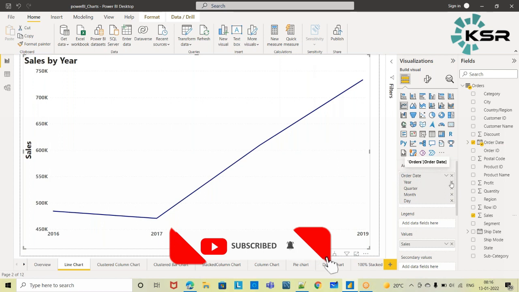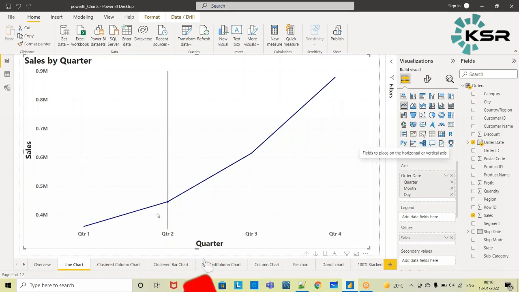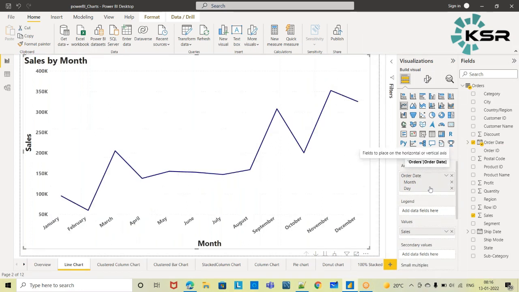seeing, right, order date, if I remove this year I can see quarter wise how the sales is, whether it is increasing or decreasing. So here we can see it is slowly increasing. So quarter, not only quarter, month wise also, Jan what is the sales and Feb what is the sales. So if we see here, Feb is making the minimum sales, only 59,000, and the maximum sales is happening during November. Why November maximum sales is happening?